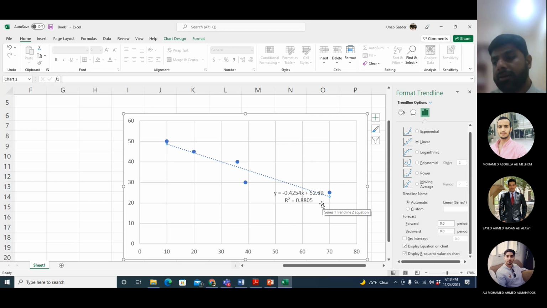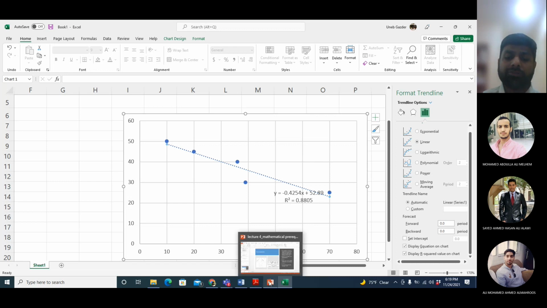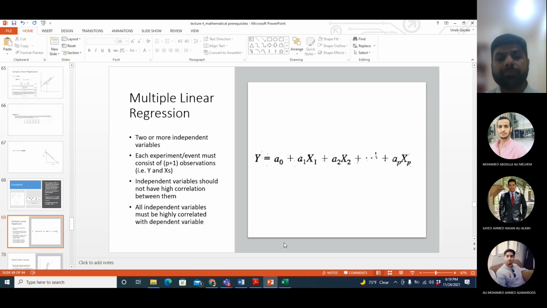Okay, like I said, 0.3 and more is considered sufficient. So for a model to be sufficiently accurate or to be acceptable, R squared should be 0.3 or more. In this case, it is way higher than 0.3. So no problem. Okay, so you can use the equation, or you can use Excel or any other software.